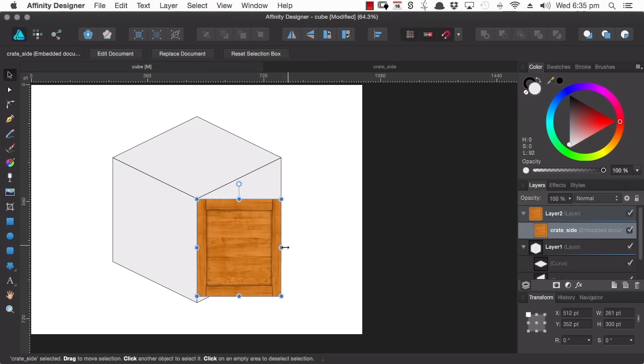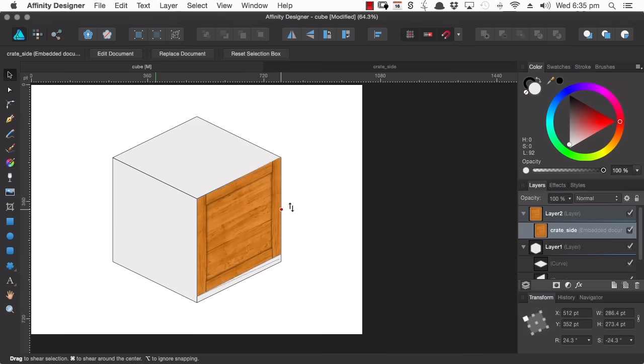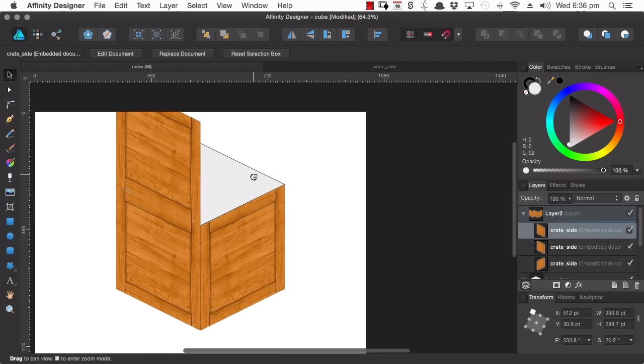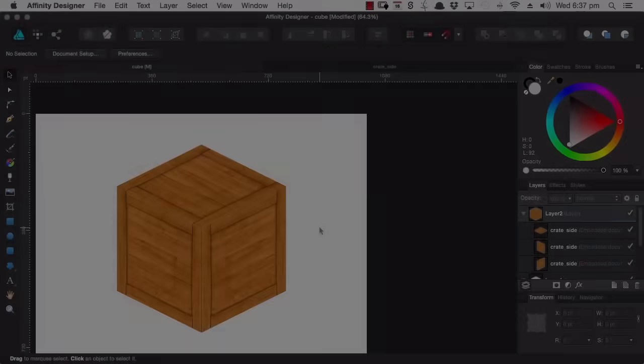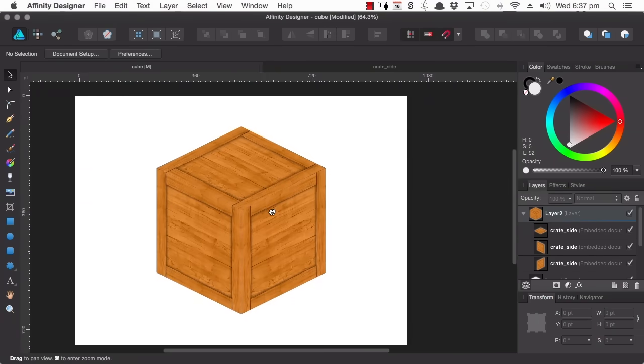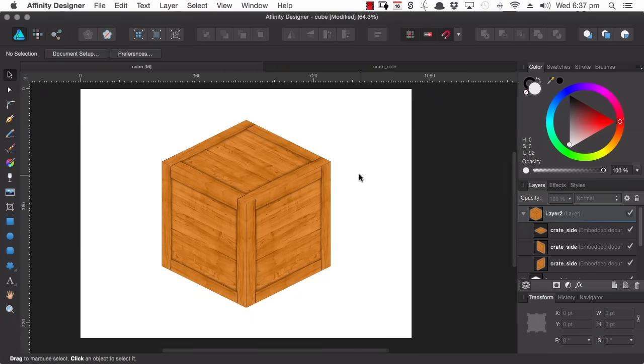Now I'm just going to speed this up so you don't have to watch through as I manipulate each one of these sides. All right, so now we have our three instances of our embedded object, one on each side of our isometric